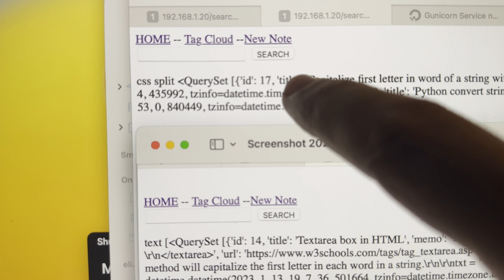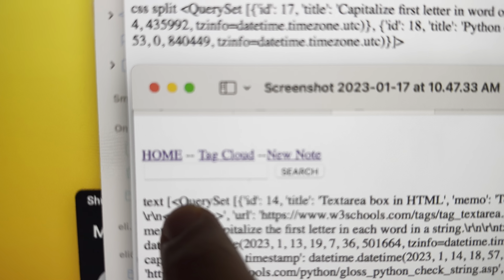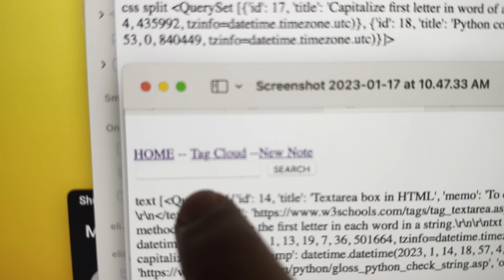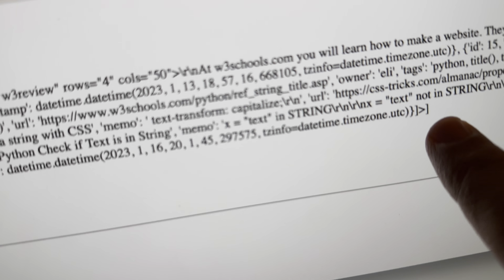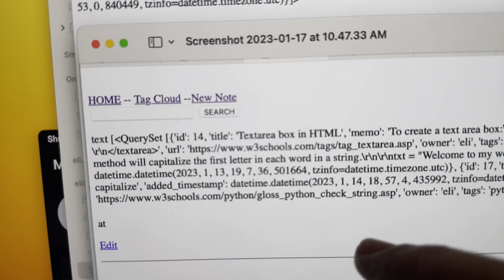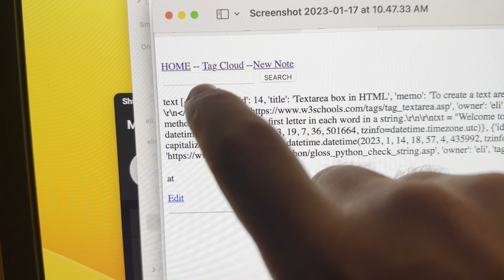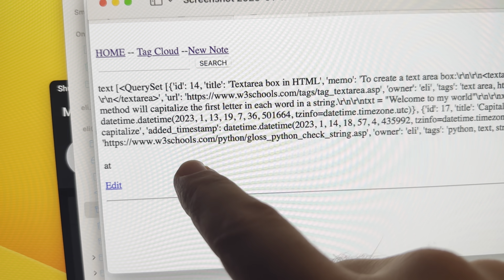is because I was inputting the results of the query set into a list. So the query set, as a whole query set, then became part of a list. And so the Django template didn't know how to deal with it. The text that I sent was getting received, was getting processed,